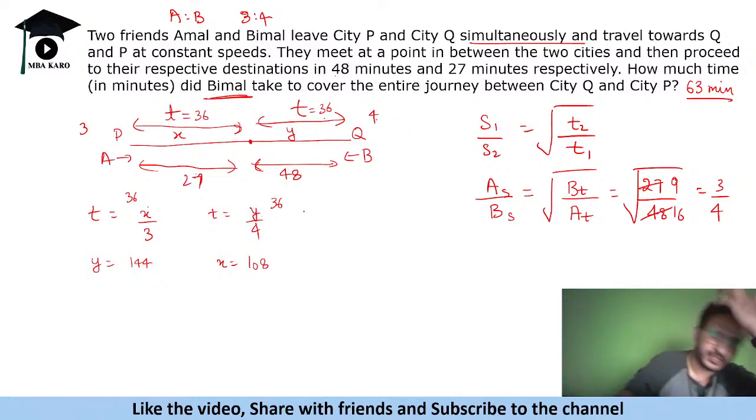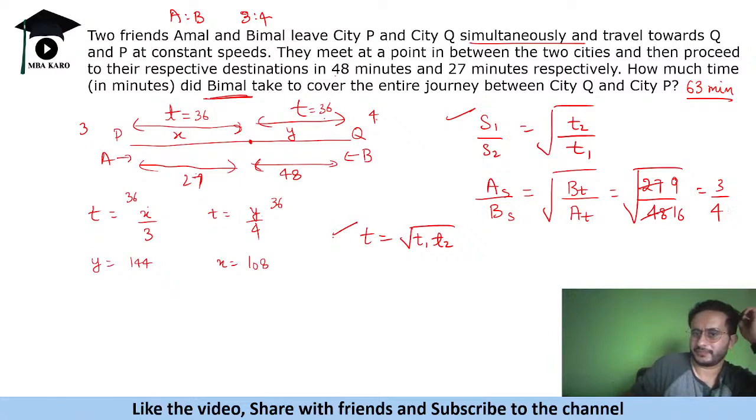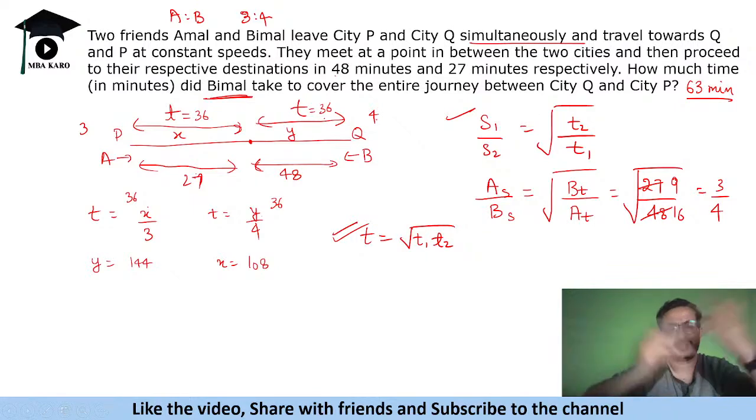So T is, in this case remember that S1 ratio S2 is this and T is equal to root of T1 T2. ठीक है, ये दो चीजें ऐसे केस में याद रख लेना। ठीक है, अगर रेशियो ऑफ स्पीड पूछते हैं तो 3:4 होगा और टाइम इज अंडर रूट दिस। तो ये दो चीजें होती हैं जब दो लोग मिलते हैं एंड देन मूव टुवर्ड्स डेस्टिनेशन।